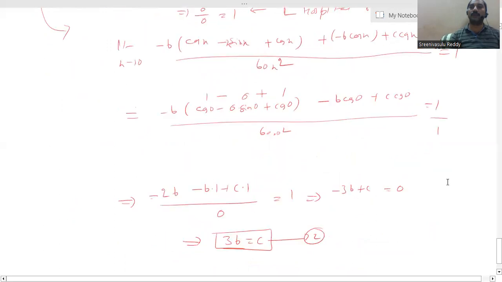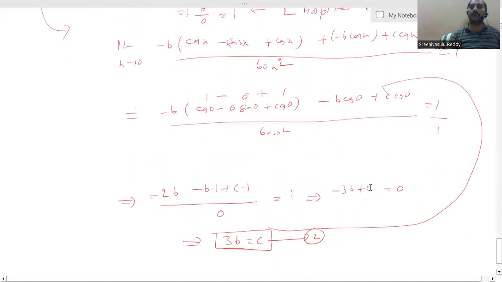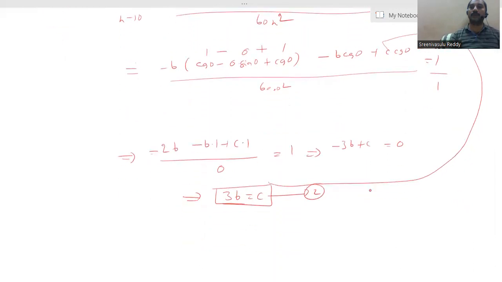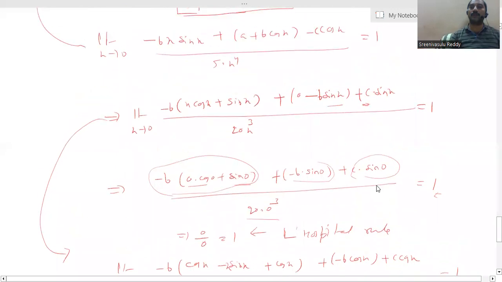Substitute this relation, that means C value. Not here, the previous equation. It is better. Here, substituting in this limit, minus B